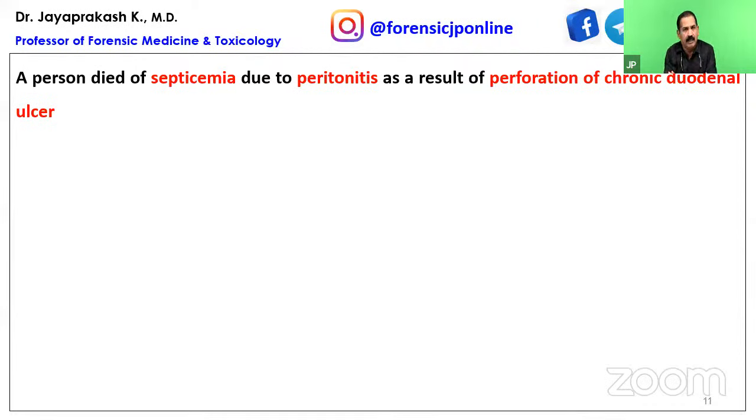A person died of septicemia due to peritonitis as a result of perforation of chronic duodenal ulcer. So at last he died. I told you clearly, what comes first should be the last. What comes last should be the first. Now,